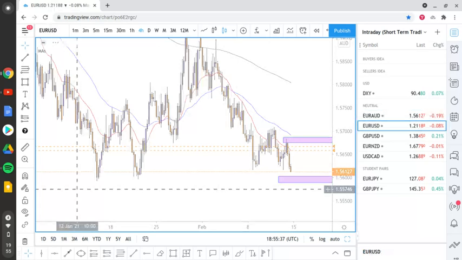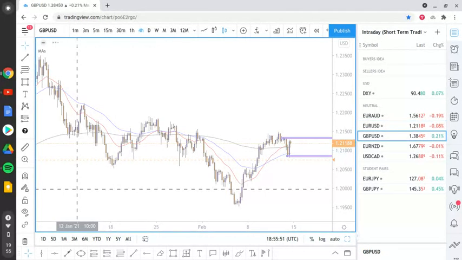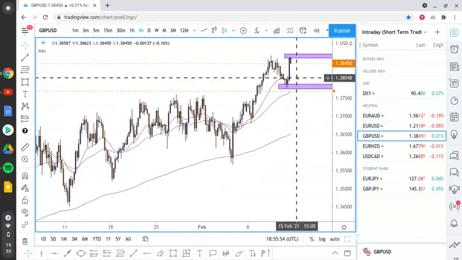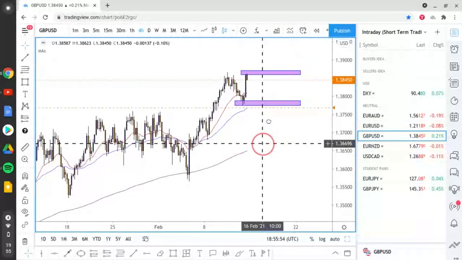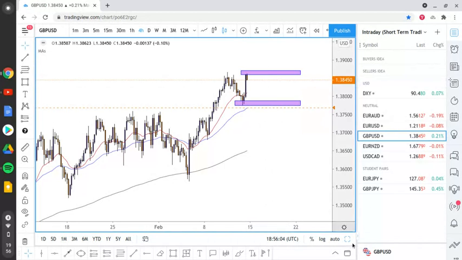So that's Euro Aussie. Euro dollar, I see Euro and the dollar weak, so I could see that this actually goes sideways. I don't really have any particular preference as of right now. I think that pound is going to be stronger than euro, so if I was looking at euro dollar, I would definitely prefer pound dollar long. So yeah, pound dollar, I think it